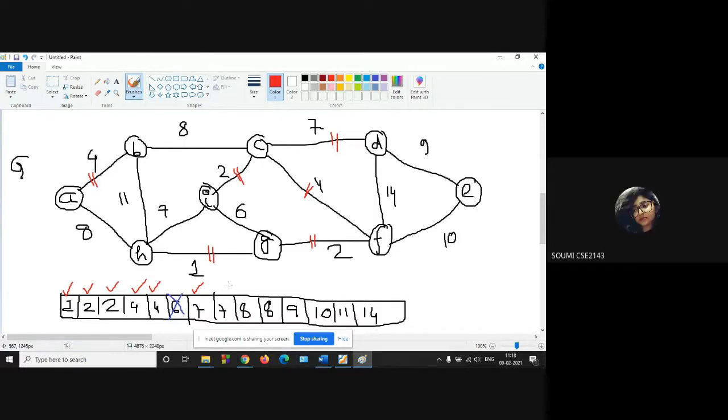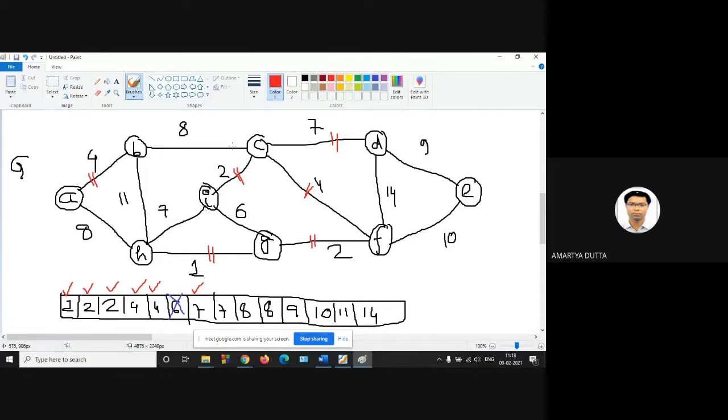Again, it forms a cycle. We can't take that. Find set, C, I, H, G, F. This is a cycle. So find set of I and find set of H are same. We can take C as the parent of I. At the same time, the parent of H is C.